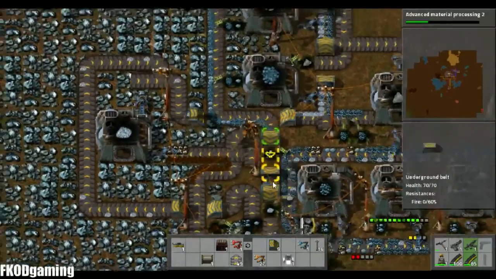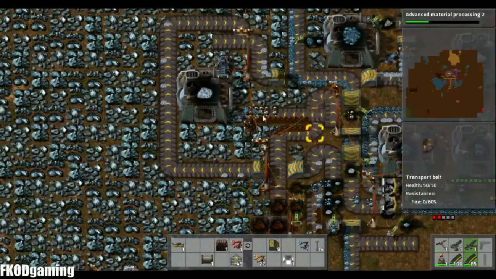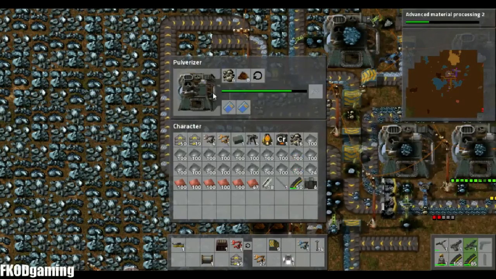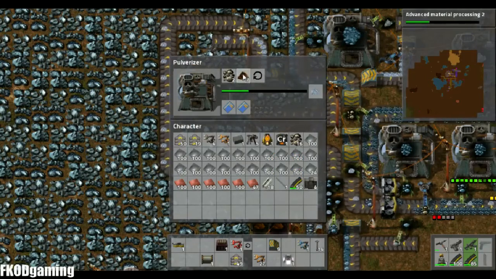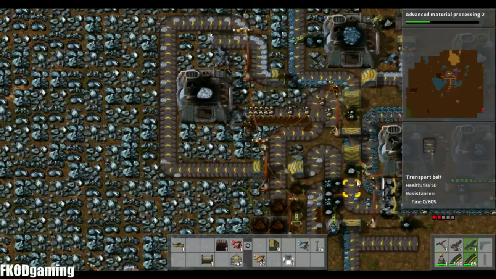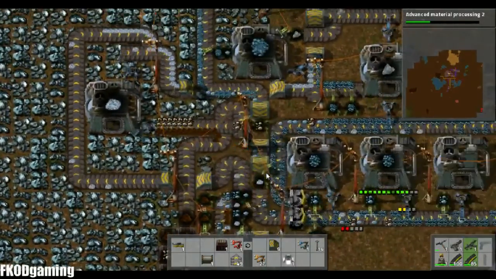Step 2 is basically gravel production. So this pulverizer takes stone and dirt and turns it into gravel. This smart inserter here, if I can stand still,